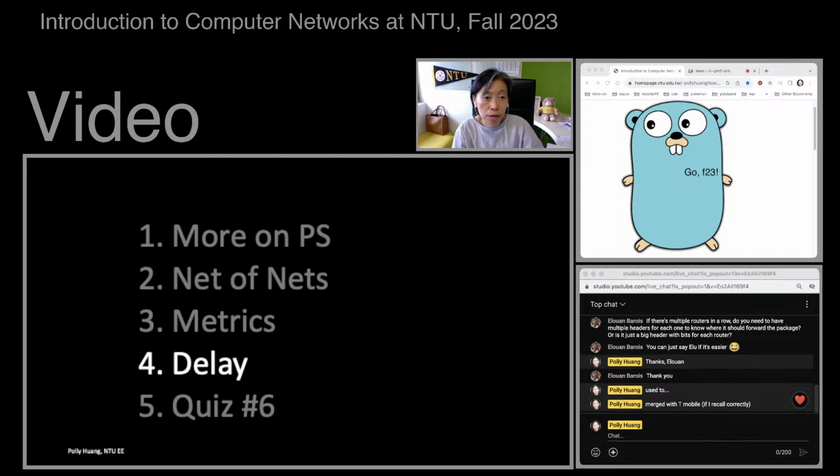Generally, when the transmission or service speed is low, you have a higher chance of seeing a queue. Okay, good. The next video is to sum things up, the 4 components of delay. And Polly will point out which of the components is the hardest to compute. That is called the queuing delay.